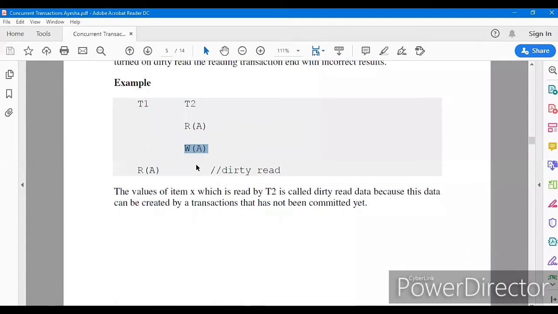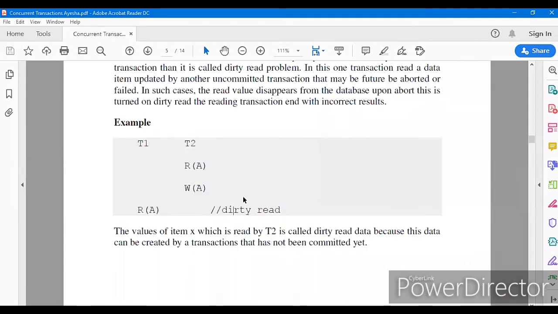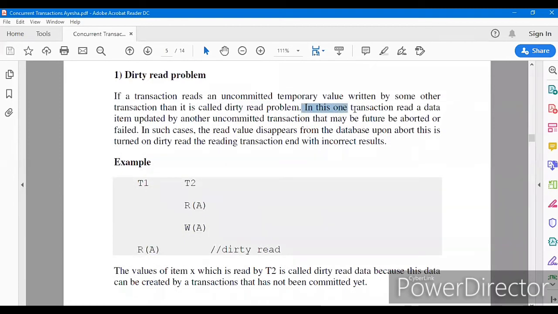In case of system failure, this may not be the case, and that is called a dirty read. Here one transaction reads a data item updated by another uncommitted transaction that may in future be aborted or failed. In such cases, the read value disappears from the database upon abort. This is termed a dirty read.